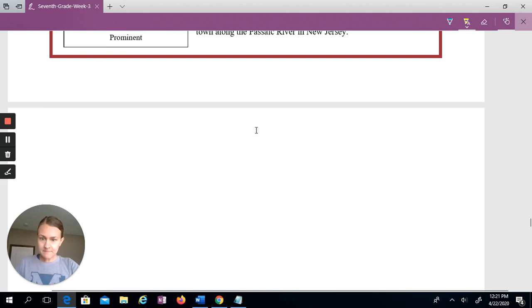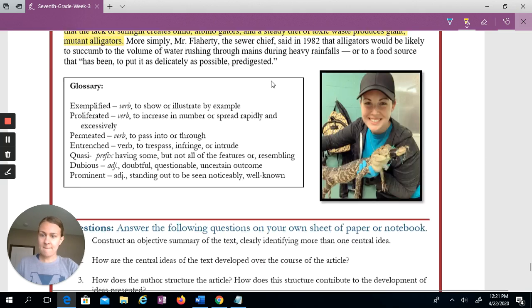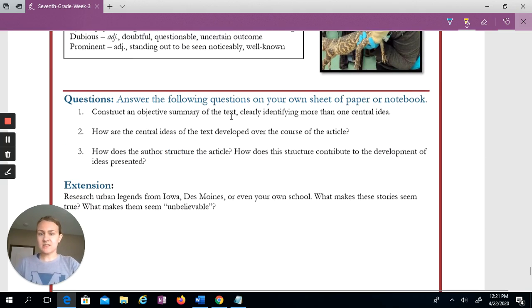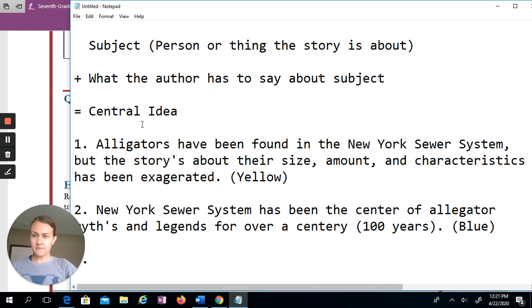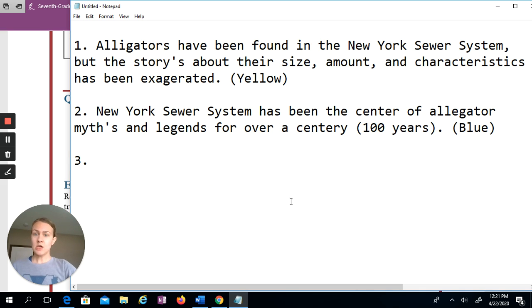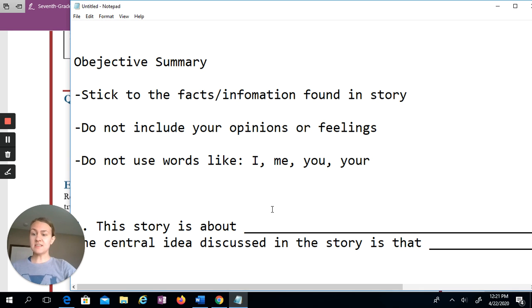Number 1, construct an objective summary, clearly identifying more than one central idea. So, if you took notes and you found your central ideas, this will be really easy. That's why you spend the time taking notes and planning before you write,